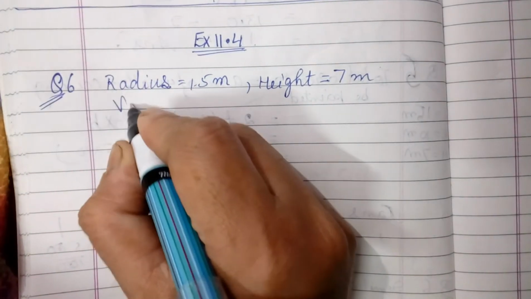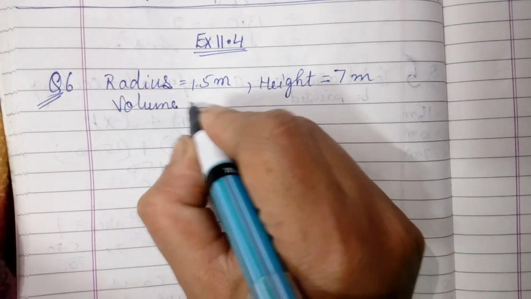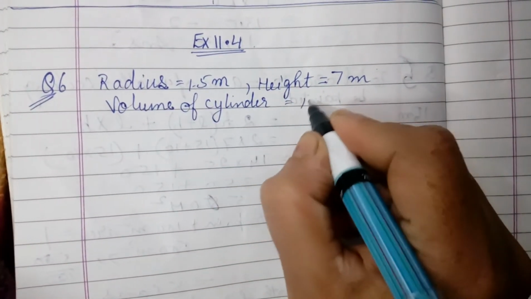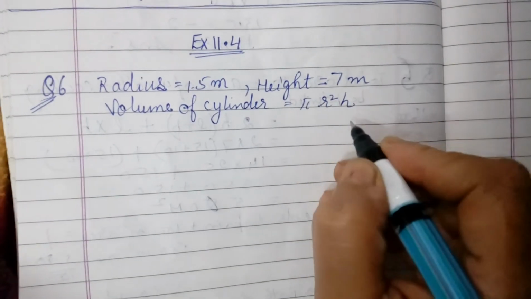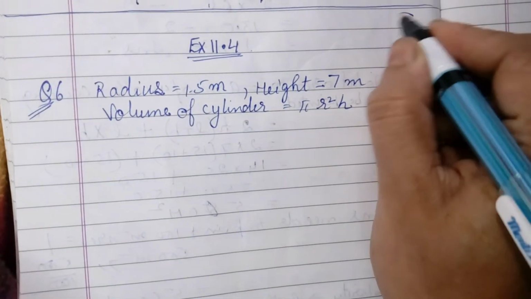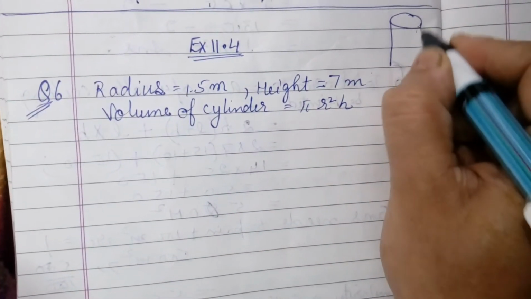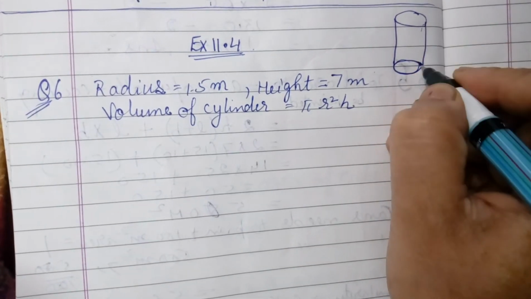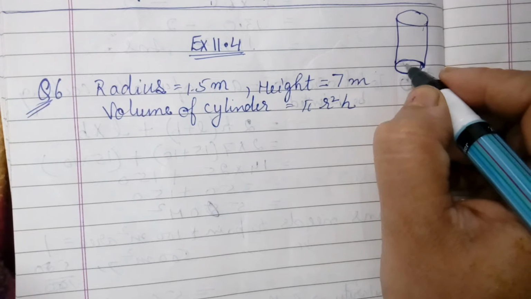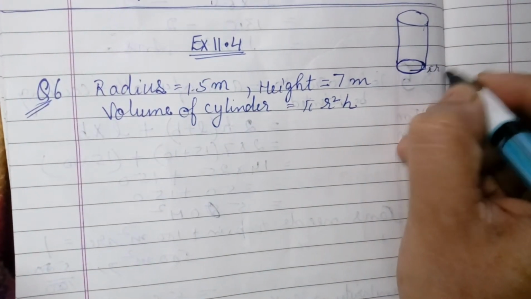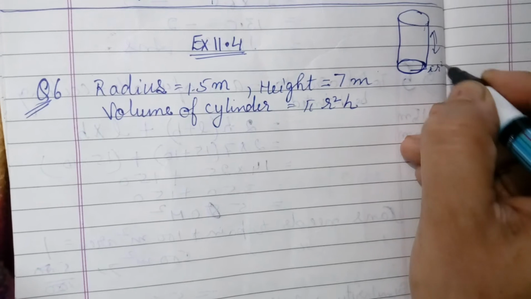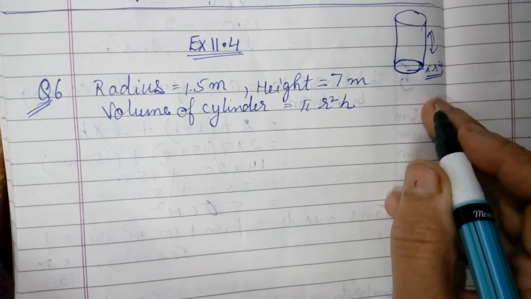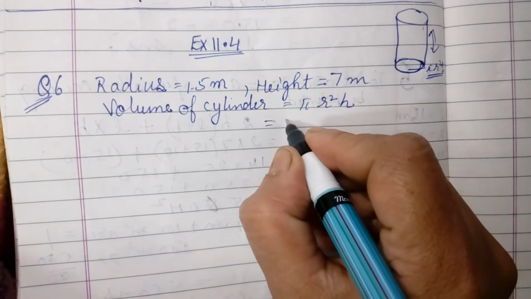meter. So we can easily find the volume of the cylinder, that is how much milk it can contain, that is pi r square h. Why? Because cylinder is this shape. So the area of this circle and the height, volume depends on the area of this circle, that is pi r square, and this height, that is h. So volume will be pi r square h, that we have done in an earlier video also. So put the values now.